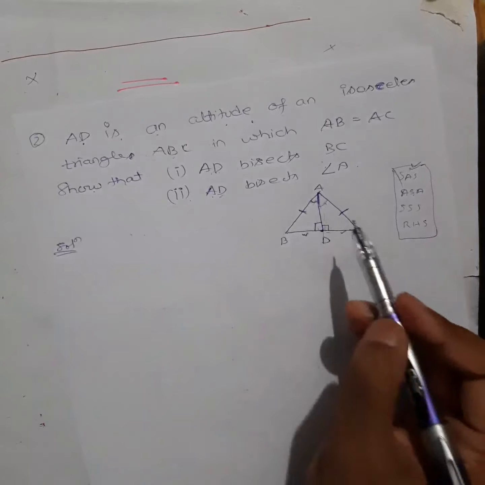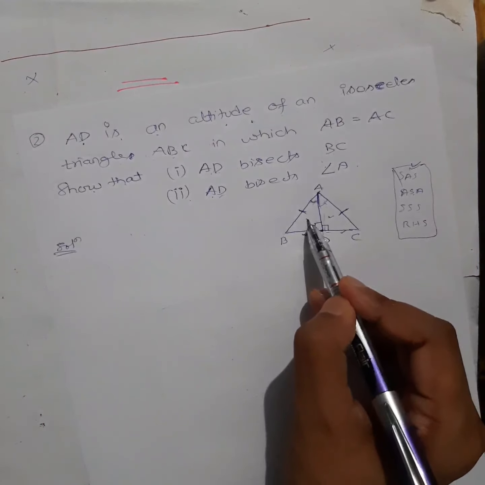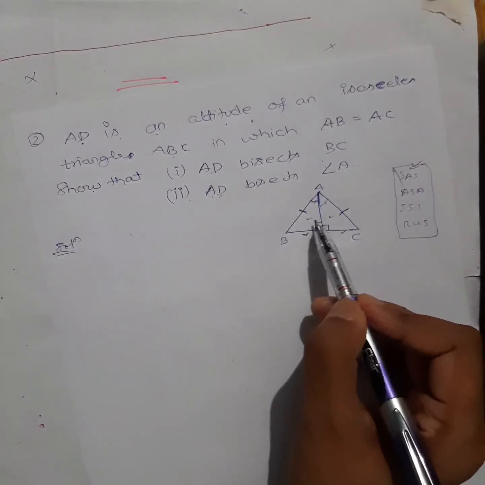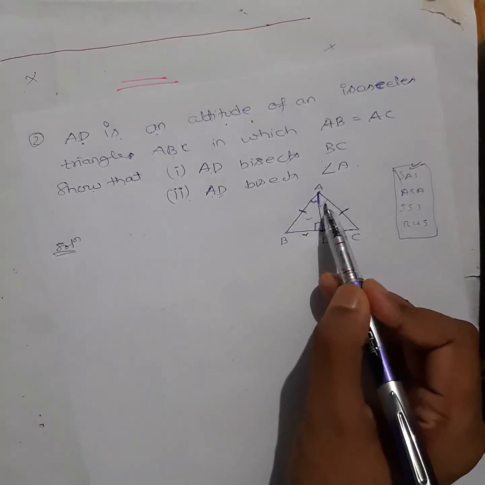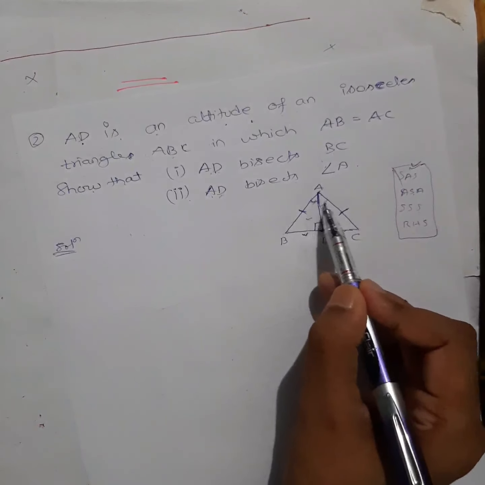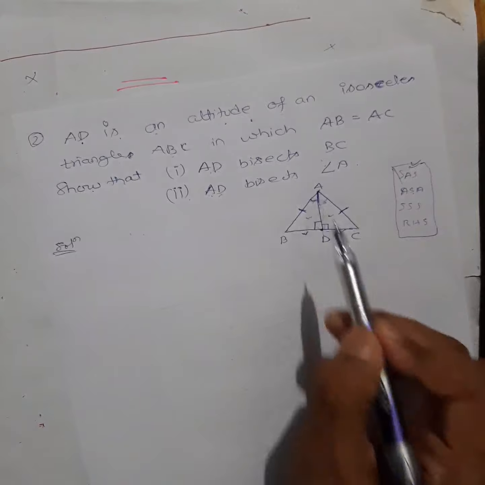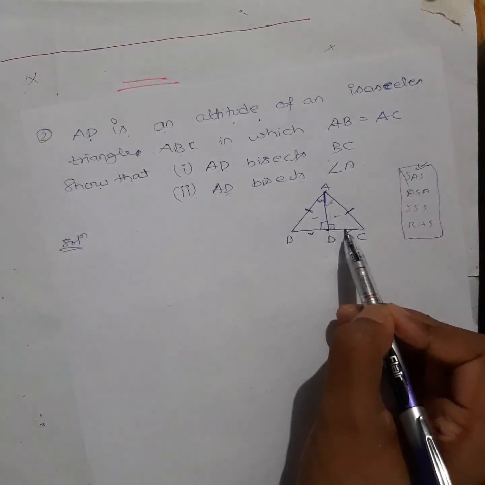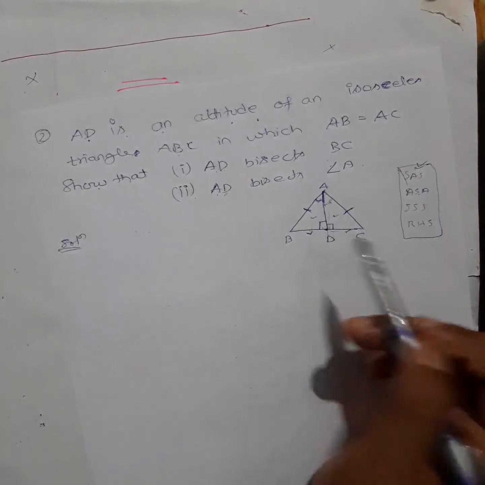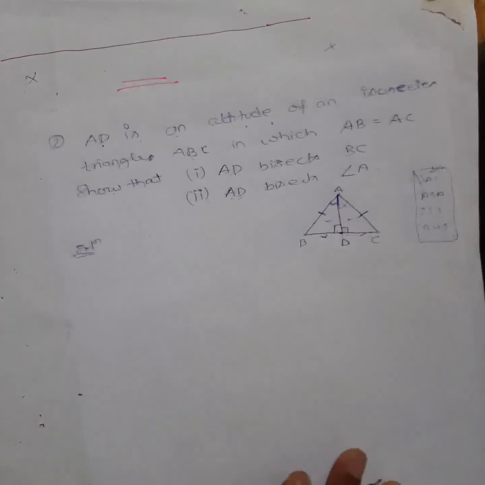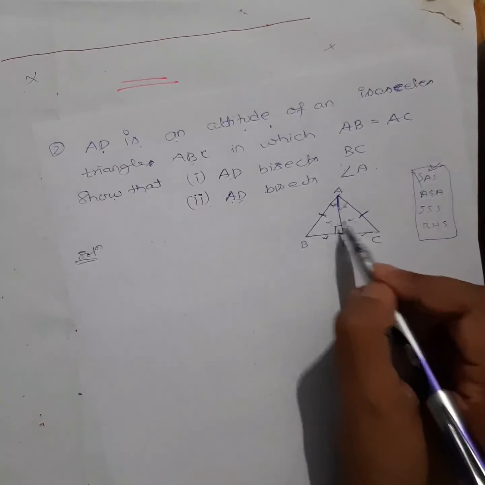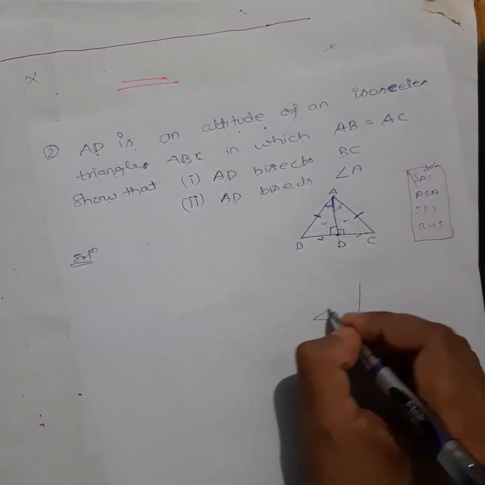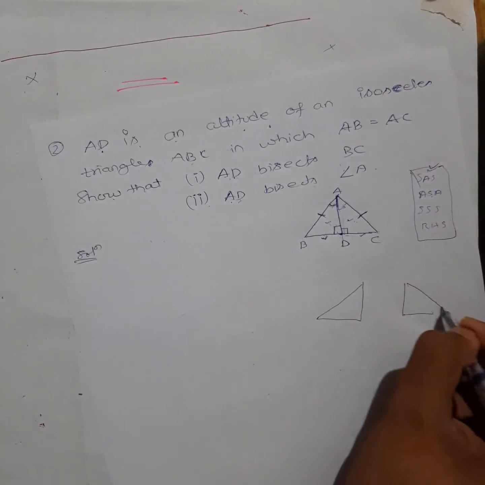So I hope you already got the idea. I will show these two triangles congruent. If I can show these two triangles congruent, what can I say? This angle and this angle are corresponding parts, so I can say these two are equal. Next, this and this will be corresponding sides, so they will be equal. Congruent triangles, we know that, right? So we have to show these two triangles congruent. If you have confusion, draw the diagram separately like this.